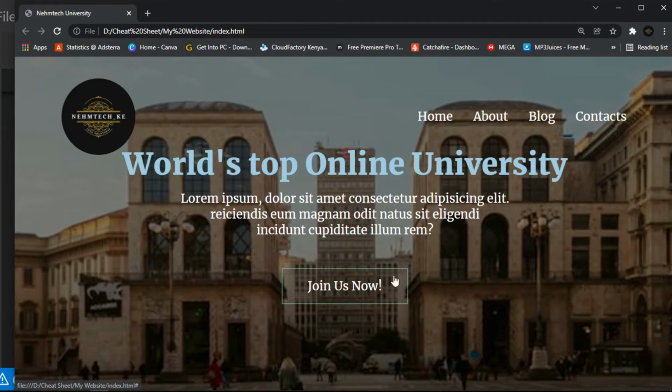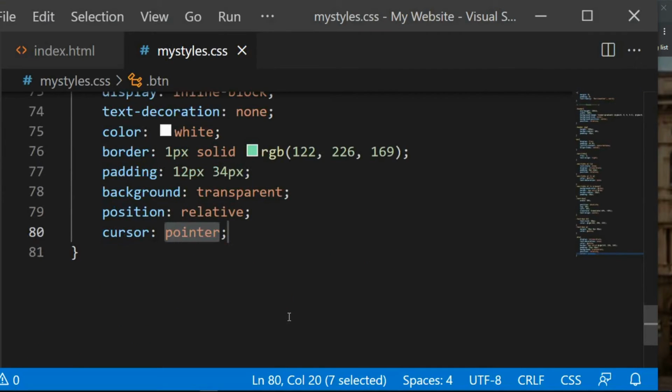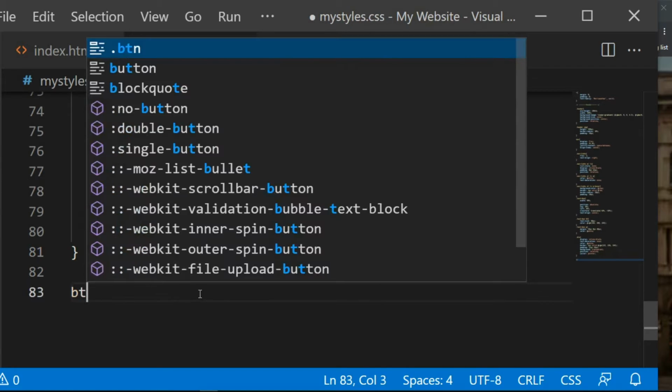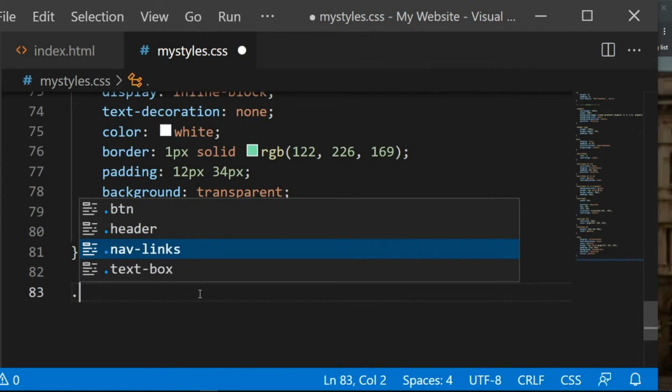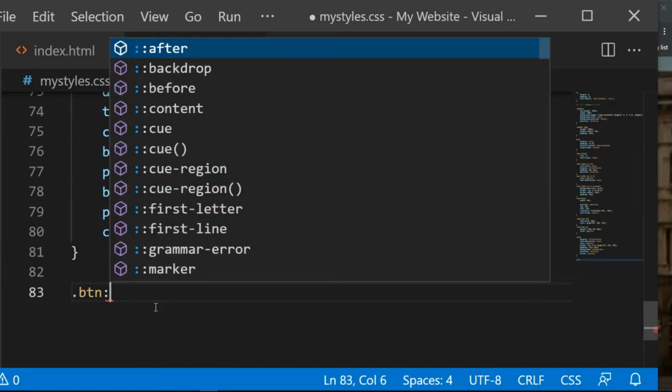So you can see it has cursor pointer. But now let me style it so that when I hover it may display other stuff. So I'm going to create the selector, the same selector btn, but now with the colon and then hover. Remember the dot at the beginning. So div is a common denominator, so you need to add dot btn, and then now when you hover,